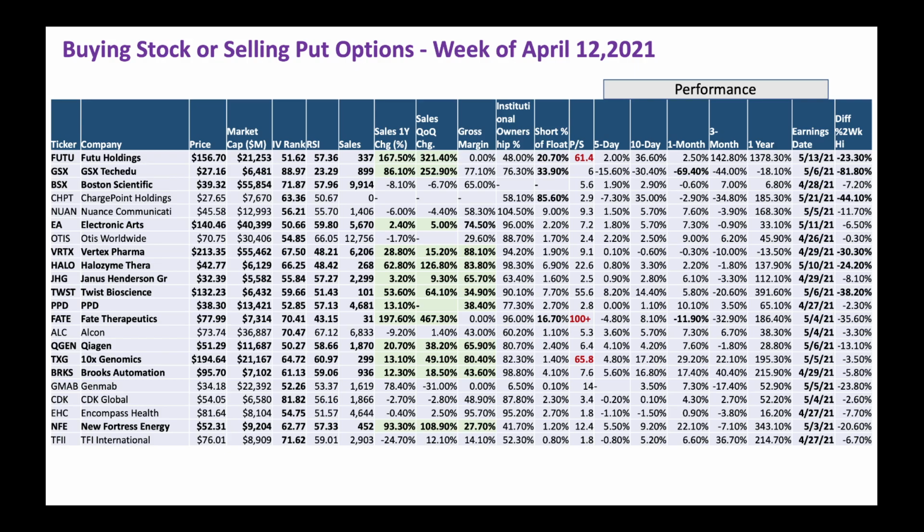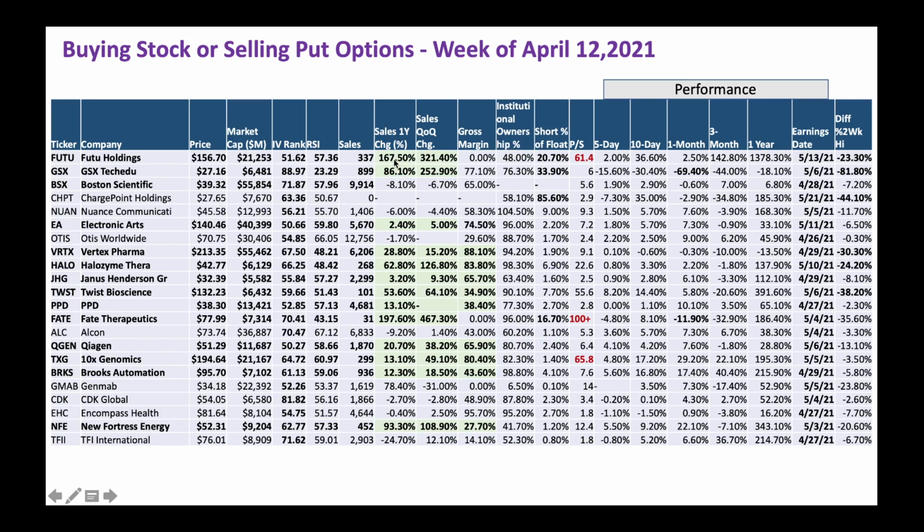This is the list of companies that we'll be talking about. I will not go into each and every company, but the way I pulled this list is I wanted to make sure the IV rank is relatively high. All these companies have an IV rank of more than 50. I also want to list the current RSI, because as an option seller, or even as a buyer of the stock itself, you want the RSI to be a little bit lower, so you have a good entry point to buy the stock or sell the put option. And I want to make sure there is good revenue growth.